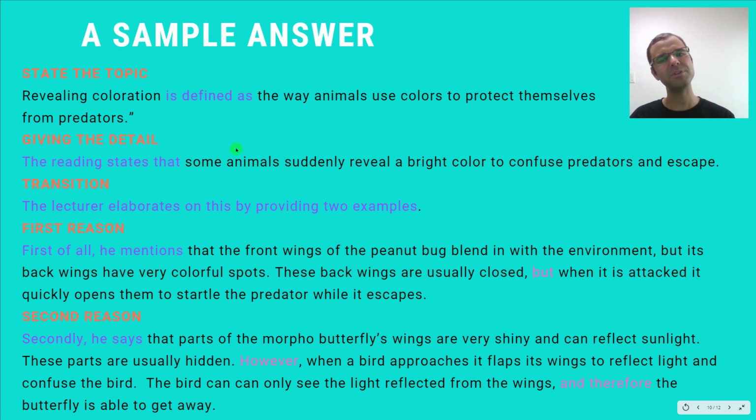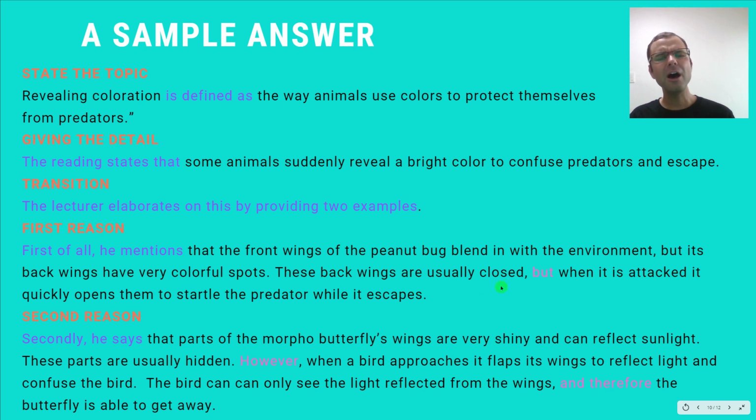Again, I'm following the template. I'm using the notes. Next is my transition. The lecturer elaborates on this by providing two examples. I give my first reason. First of all, he mentions that the front wings of the peanut bug blend in with the environment, but its back wings have very colorful spots. These back wings are usually closed, but when it is attacked, it quickly opens them to startle the predator while